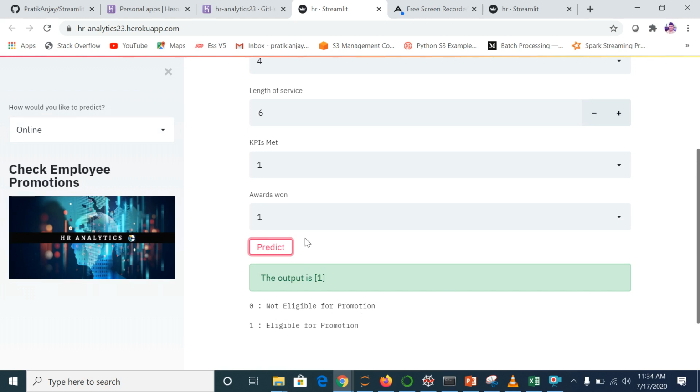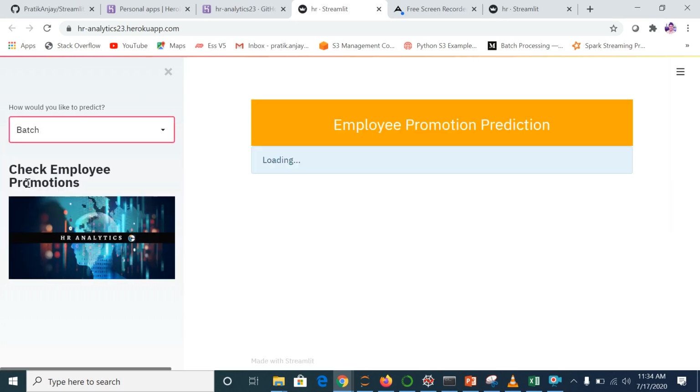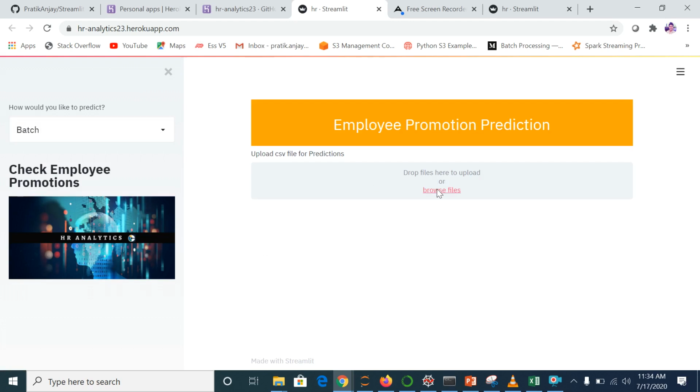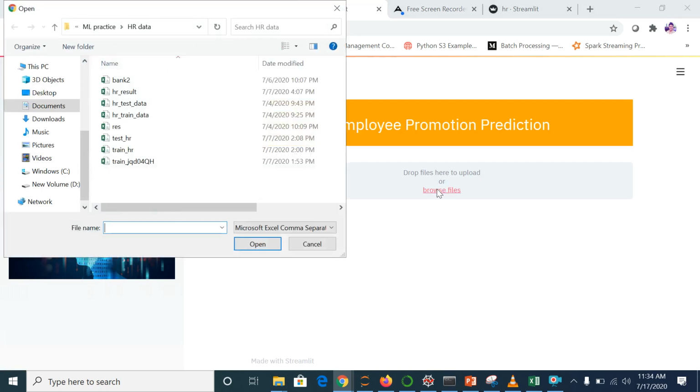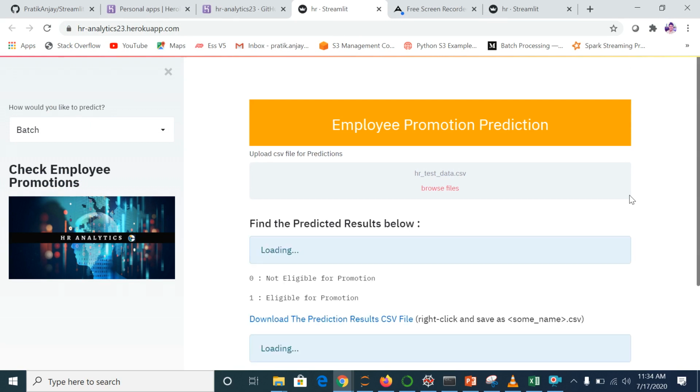Everything is working fine. Let me check the batch option as well. Let me upload my file over here. It is doing the machine learning part in the background, building the model and predicting on that.